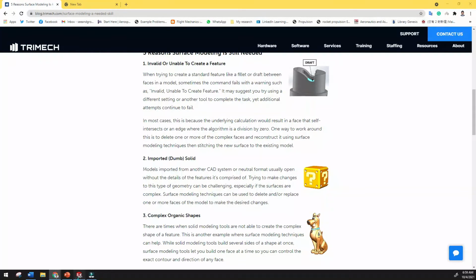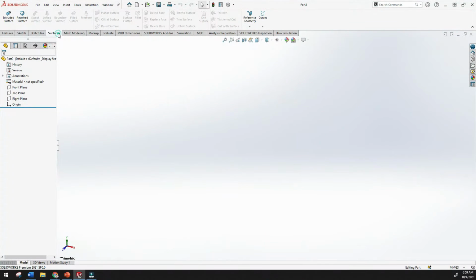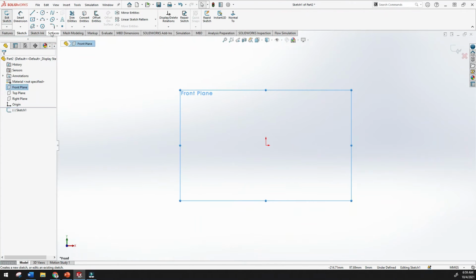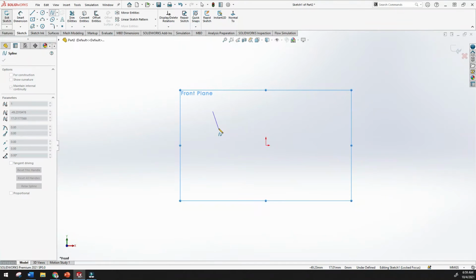So now let's understand the surface tools. First one is extruded surface. Same as before, you have to select any plane and just click, and the sketch will be created. Let's start from spline. In surfaces, mostly you have to use spline curves because it is very complex to sketch a spline curve and convert it to solid modeling.